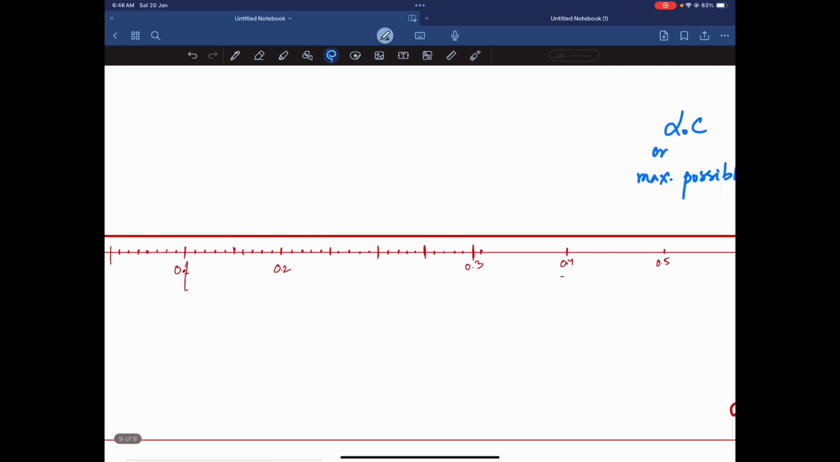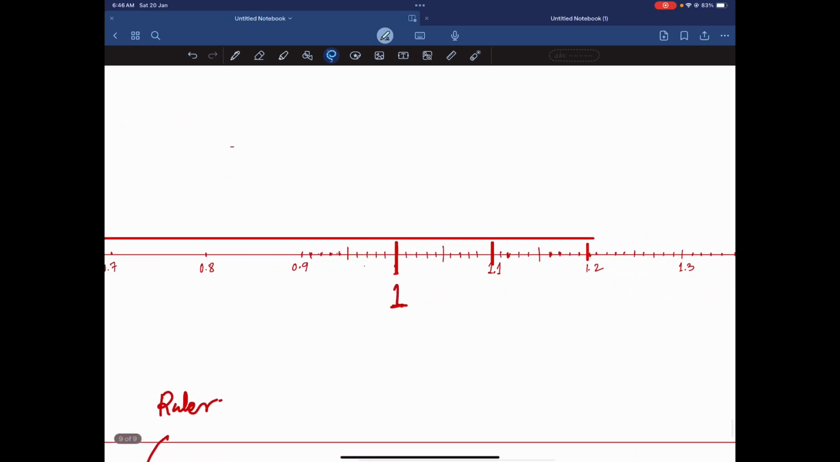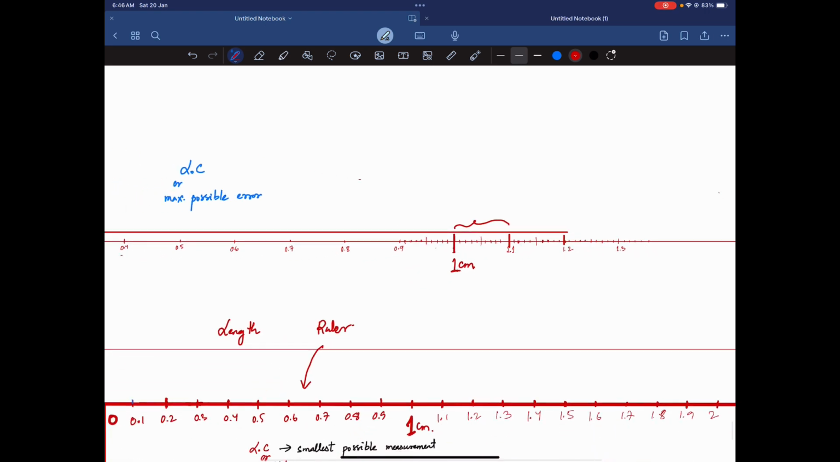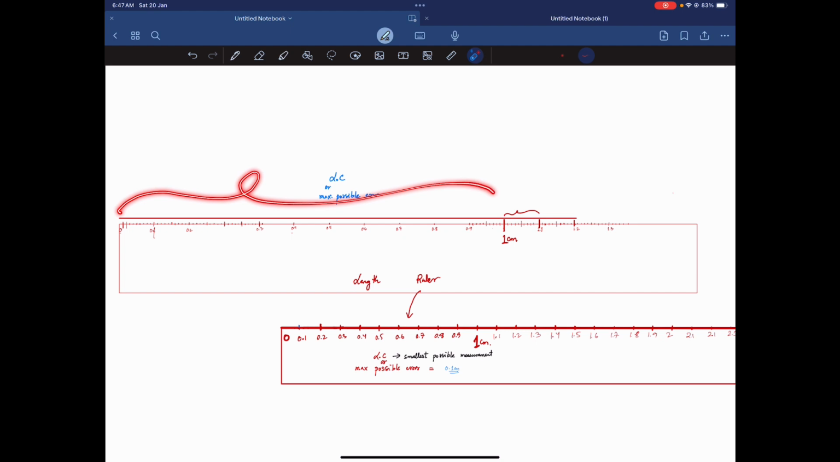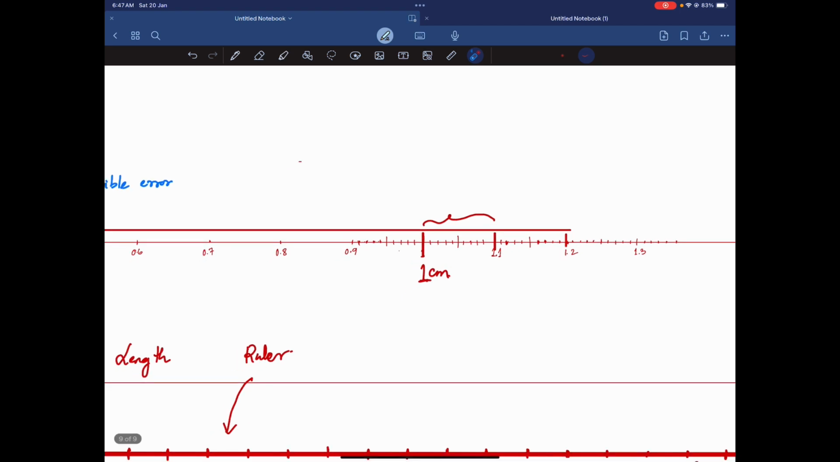I have done some marking. What is the least count here? From here to here, this is 1 centimeter. It's very minute. From here to here, this is 1 centimeter, and it's divided into 10 equal divisions. The smallest division here is